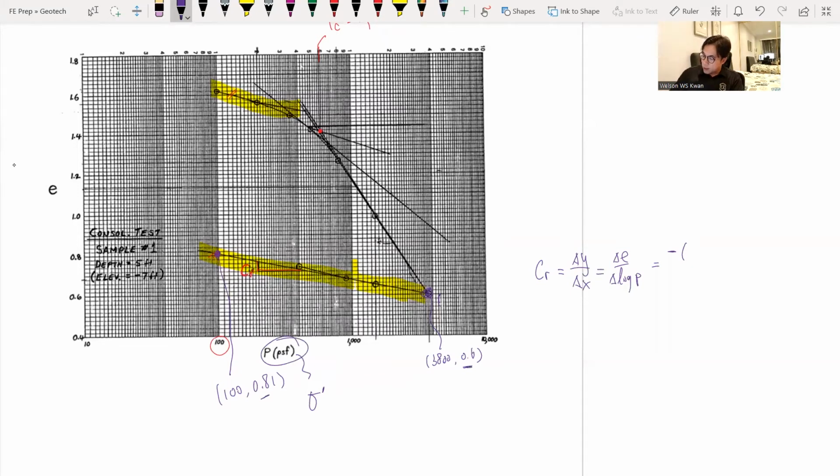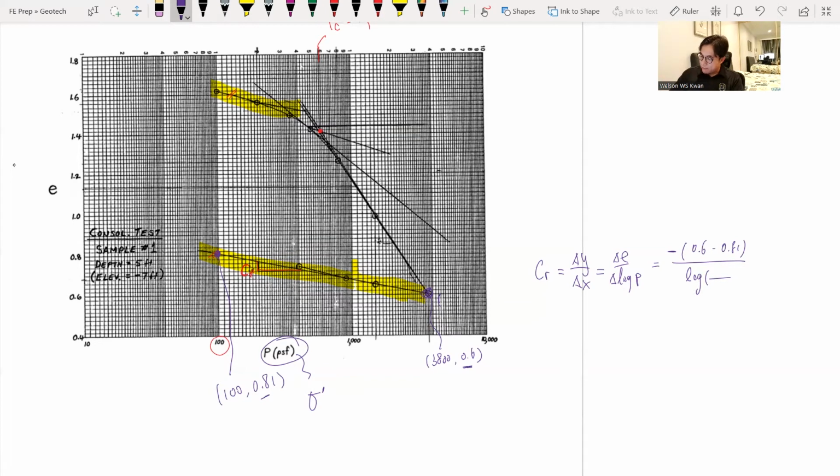So we will do our math here, over x2 minus x1, and this is a log scale. So we have this ratio, because just like going back to algebra, log x